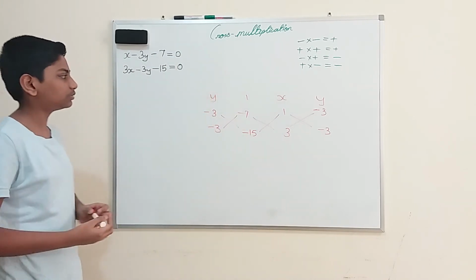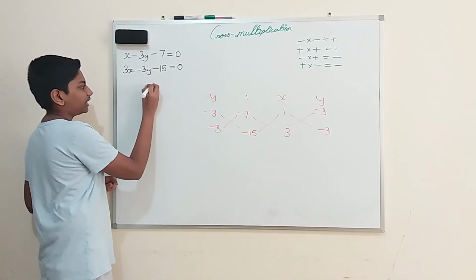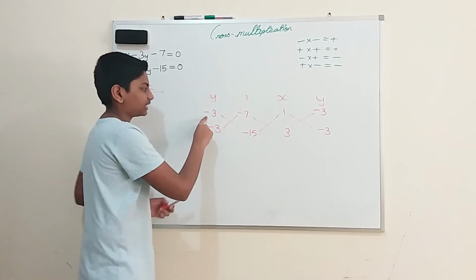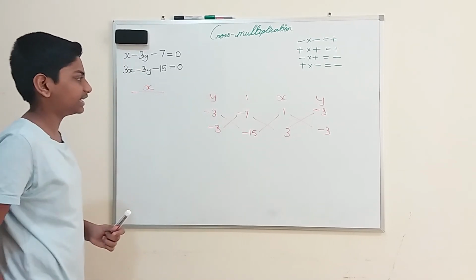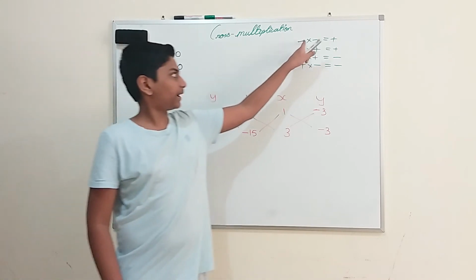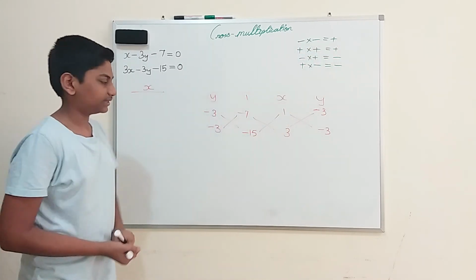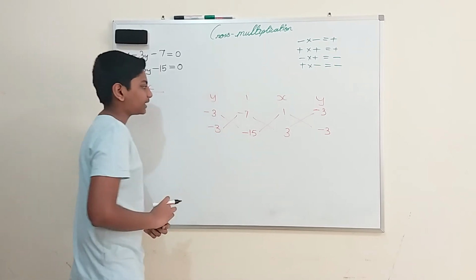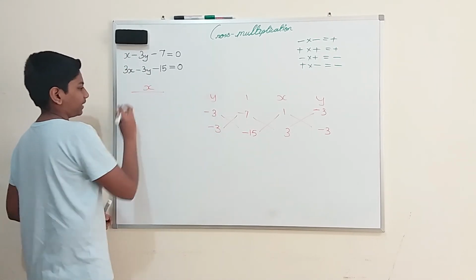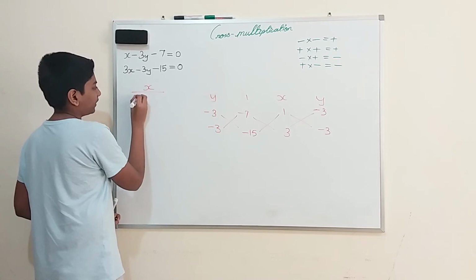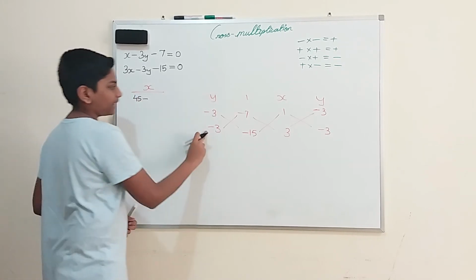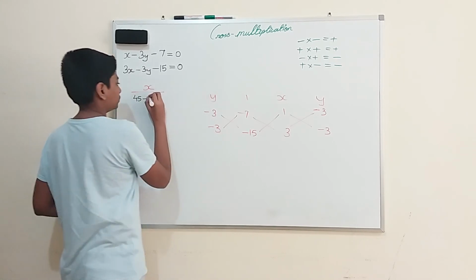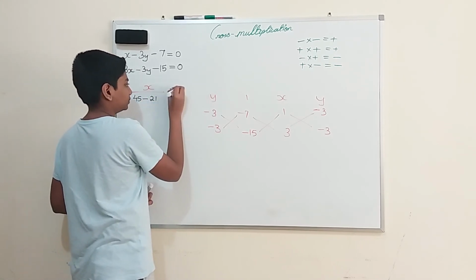So what we should do is just do it. So x by minus 3 into minus 15 will get it as plus. Minus into minus will get it as plus. So minus 3 into minus 15 is nothing but plus 45. Okay. So plus 45, minus 3 into minus 7 is nothing but plus 21. So 21, which is equal to